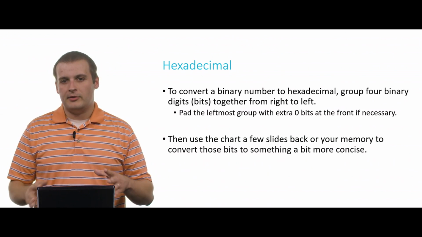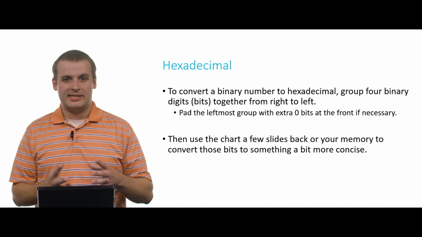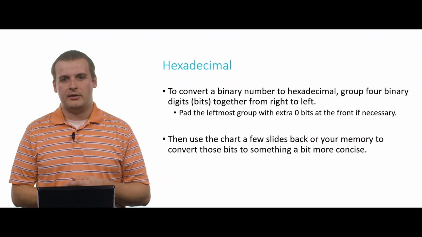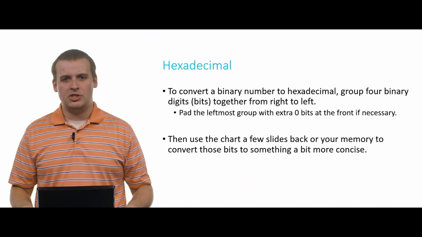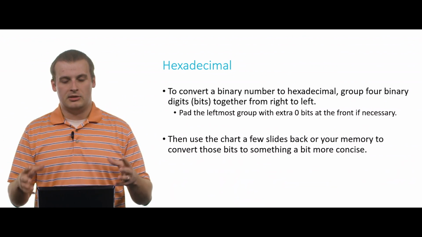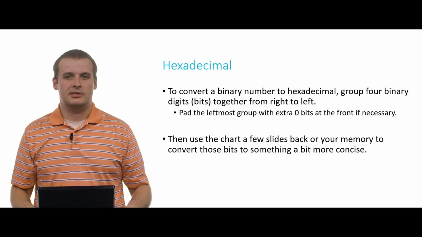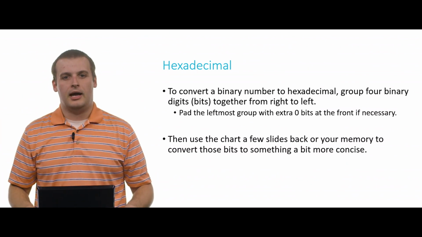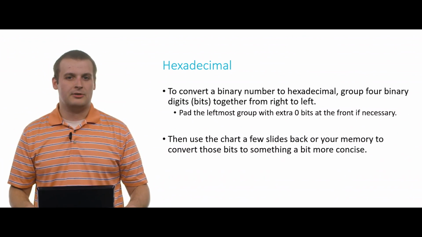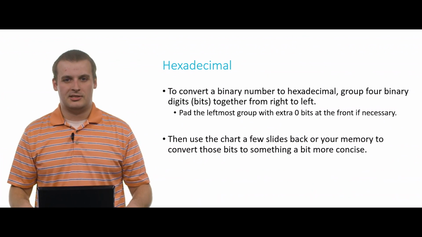So, as I said, every group of 4 binary digits corresponds to a single hexadecimal digit, and so it's really easy to change back and forth between hex and binary. If you have this long string of binary digits, all you need to do is start grouping them right to left as groups of 4, and then you can consolidate them into hexadecimal numbers, severely limiting the number of digits you have to process mentally. Instead of 32 zeros and ones, as we'll see in a second, you might be able to get it down to just 8 hexadecimal digits. It's a lot more concise. The charts a few slides back will help you figure out this mapping, though you'll memorize it pretty quickly. And we'll go through an example right now.